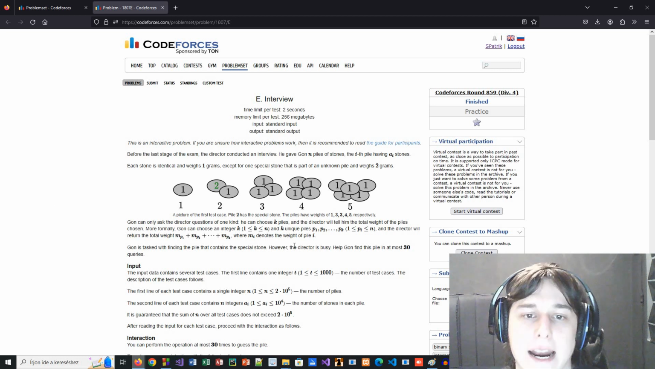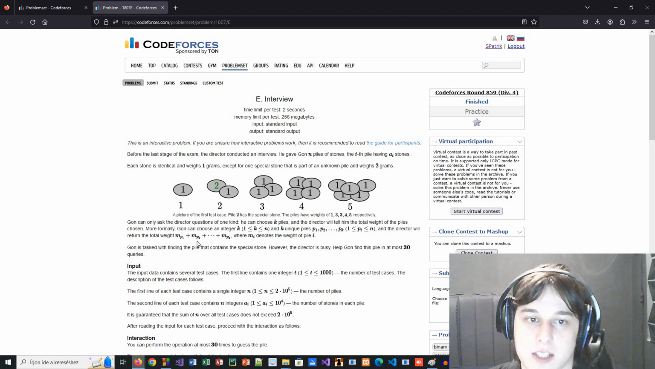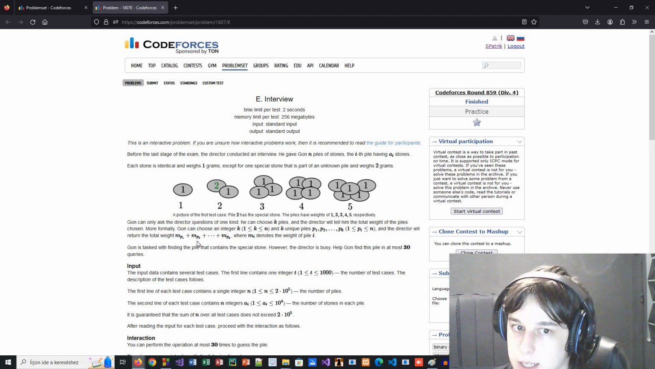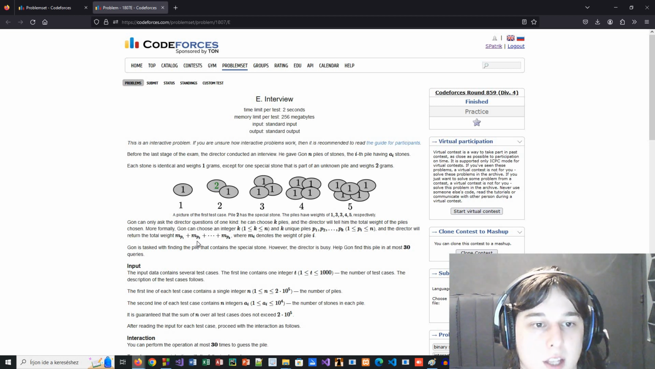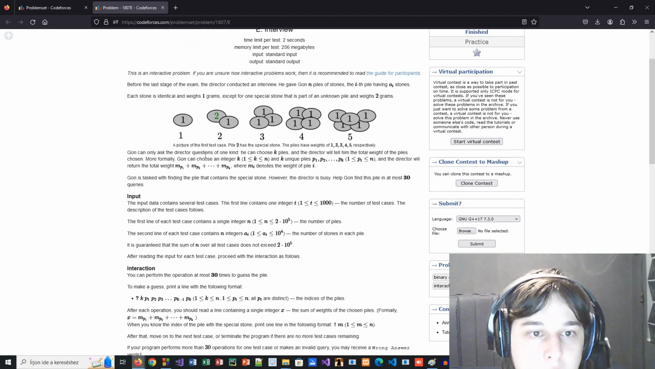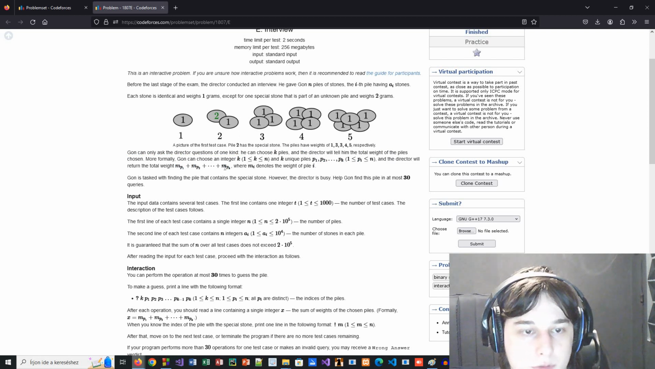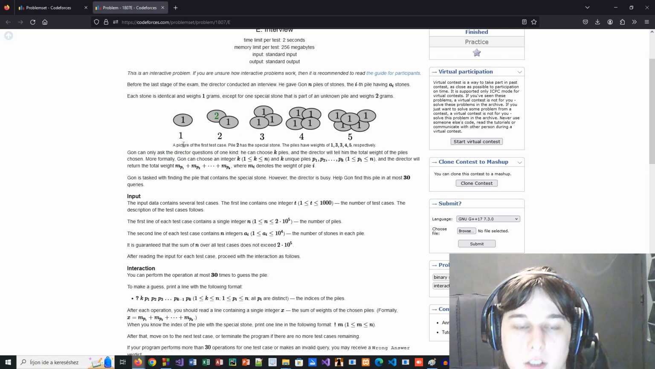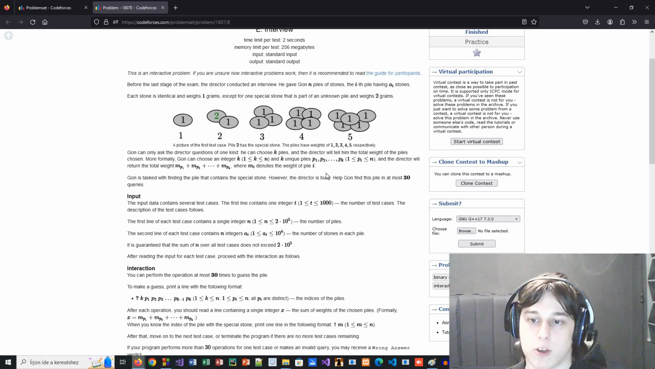So in this problem there are n piles of stones, and each pile has stones that weigh 1 gram, but one of the piles has a stone that weighs 2 grams. And what you can do is you can choose k piles, and the interactor will tell you what the sum of the weights is. So it's like if you measure them and you will get the result,